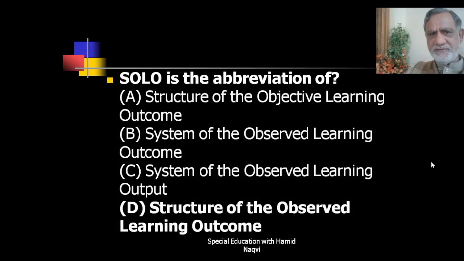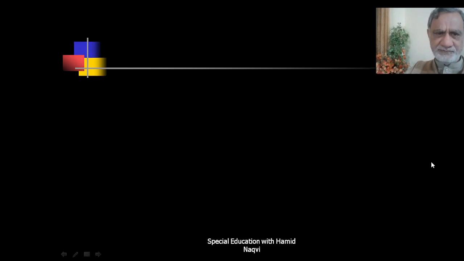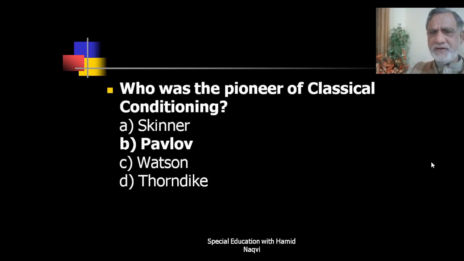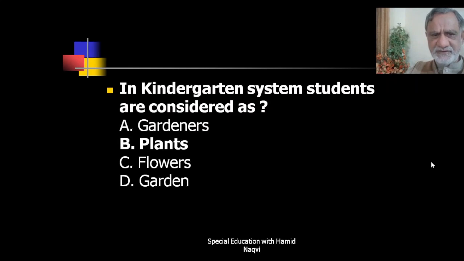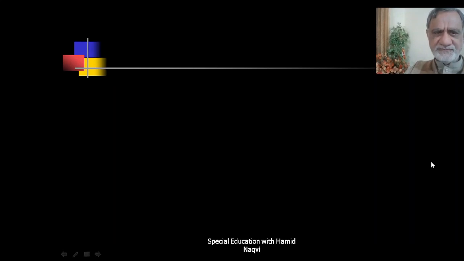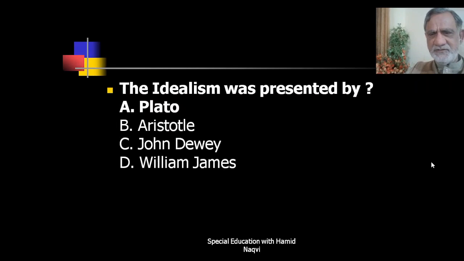Solo is the abbreviation of structure of the objective learning outcome, system of the observed learning outcome, system of the observed learning output. The correct one is the last one, that is structure of the observed learning outcome. Who was the pioneer of classical conditioning? It was Pavlov. In kindergarten system, students are considered as what? Gardeners, plants, flowers, or garden? They are considered as plants. The idealism was presented by